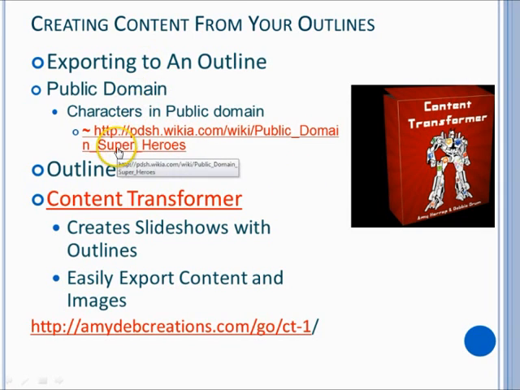Then if we want to, we can take our outline and flesh it out and create actual written content with it, or we can create slideshows with it, which then allows us to share the slideshow or the presentation and create video content from that. So it ends up being very, very fast and easy to go from mind map to video. You can do a mind map, outline, presentation, video. And one way you can automate that is to use a tool that I created,